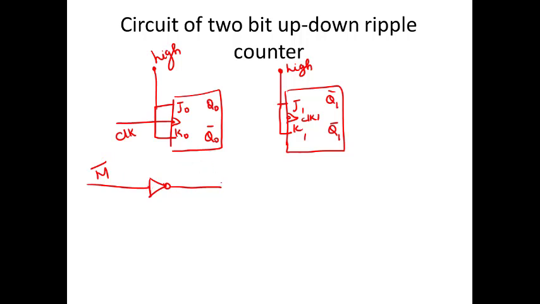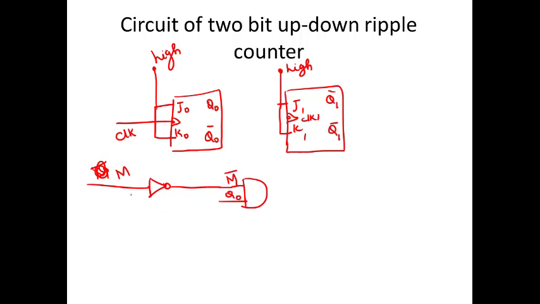So from here, this mode control bit, if I'm using an inverter like this, this is M. If I'm taking M, this will be M bar and this will be